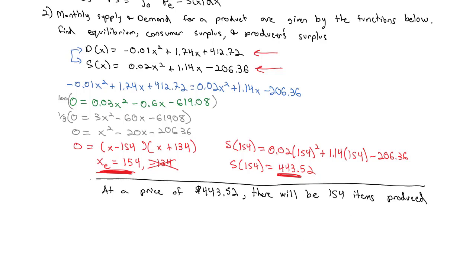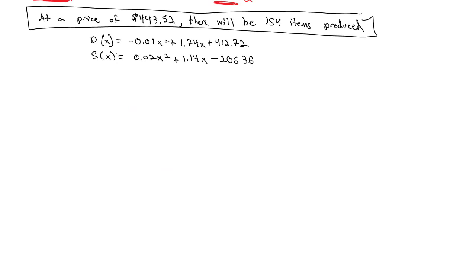That is our equilibrium point. All right, I've copied the supply and demand formulas on the screen here so we can see everything. But we are ready now to figure out what the consumer surplus is, which is going to be the integral from 0 to the equilibrium number of things, which is 154, of the demand curve,